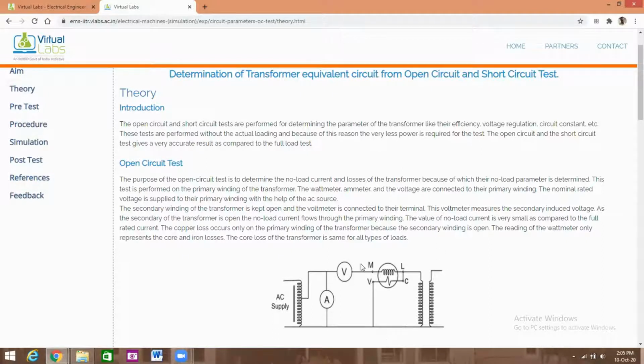This is the wattmeter. Wattmeter terminals are M, L, C, B. M is main, L is line, C is voltage, and C is the common terminal. Here in this connection, C and L are short circuited. The connections are taken from the auto transformer.